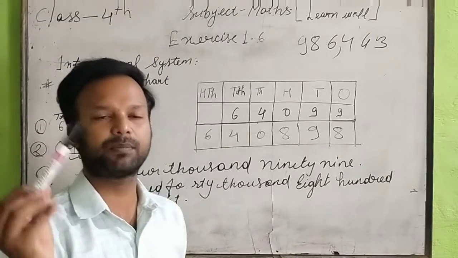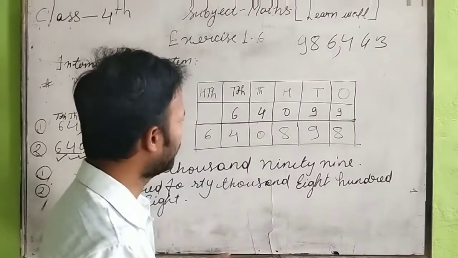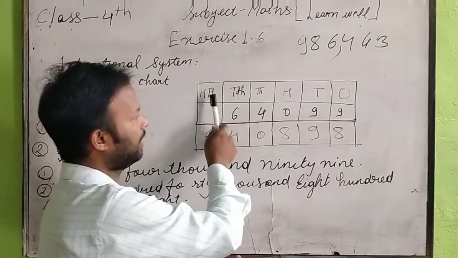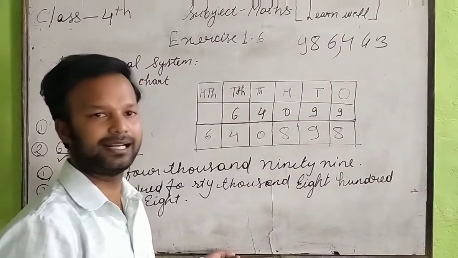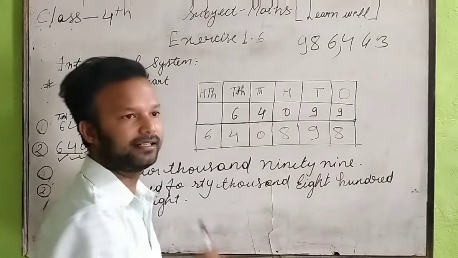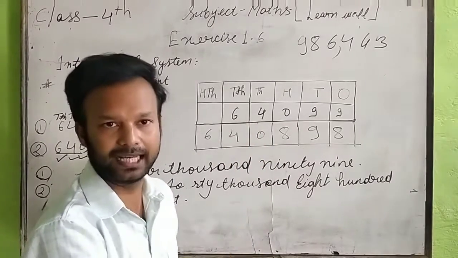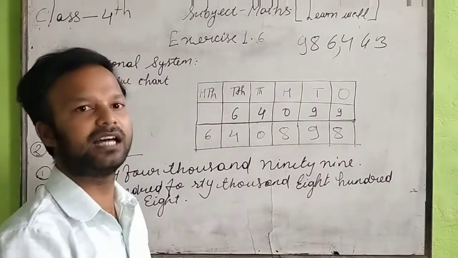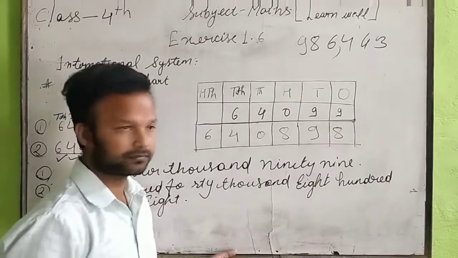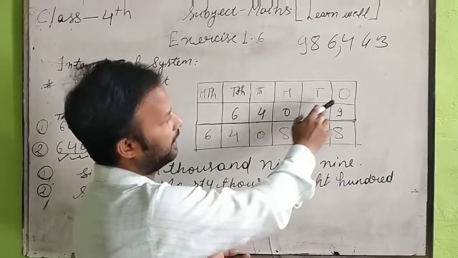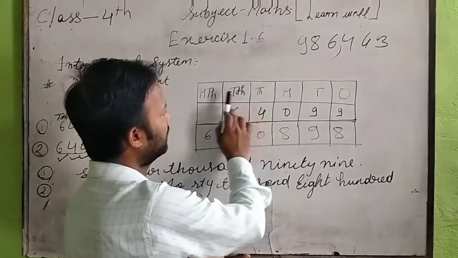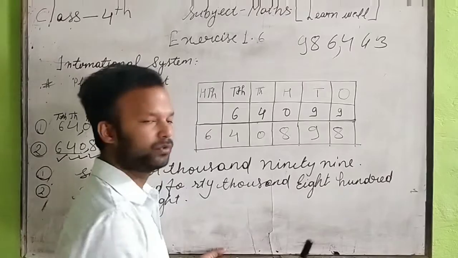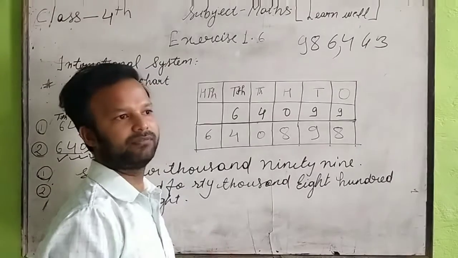In the international system, you only have to remember that in the place value chart you have ones, tens, hundreds, thousands, ten thousands and then hundred thousands, not lakh. After ten thousands, hundred thousands, then million, 10 million, billion, 10 billion, then trillion. Like this the place value chart will be made. So now see here, ones, tens, hundreds, thousands, ten thousands and hundred thousands. Here in our exercise, we have to make the place value chart of the given number.